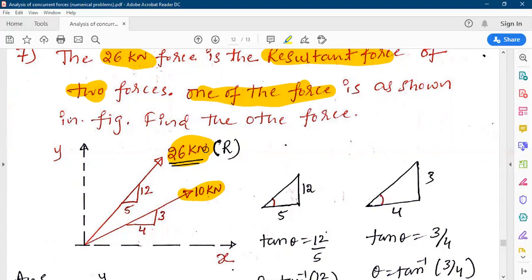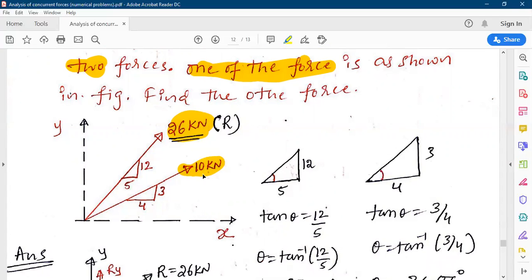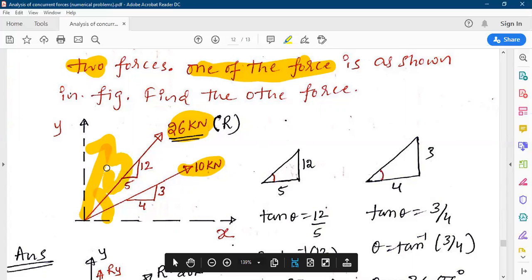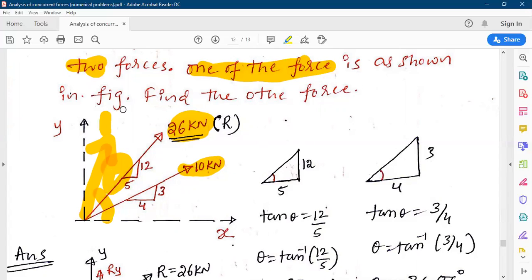So this resultant is the resultant of two forces. Out of that, only one force is shown here in the figure. One more force is unknown. I don't know where it is. Either it may be here or somewhere else in the system of forces. So let us assume that the force is here and it is making an angle theta. It is not clearly mentioned where that force is, so let us assume this is the force and this is the angle of inclination theta that it is making.